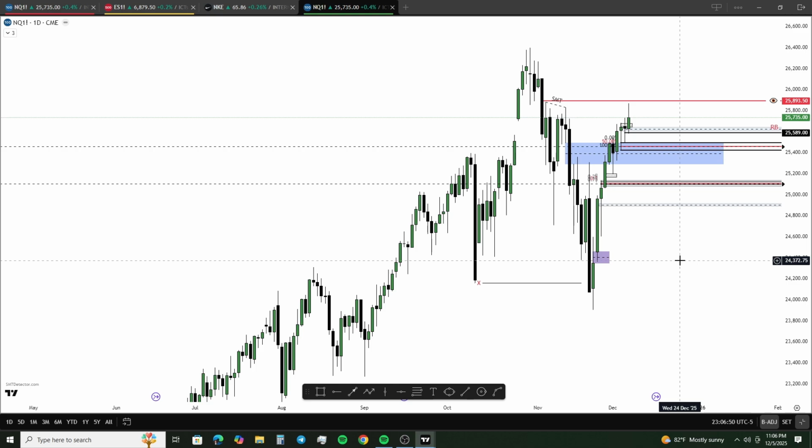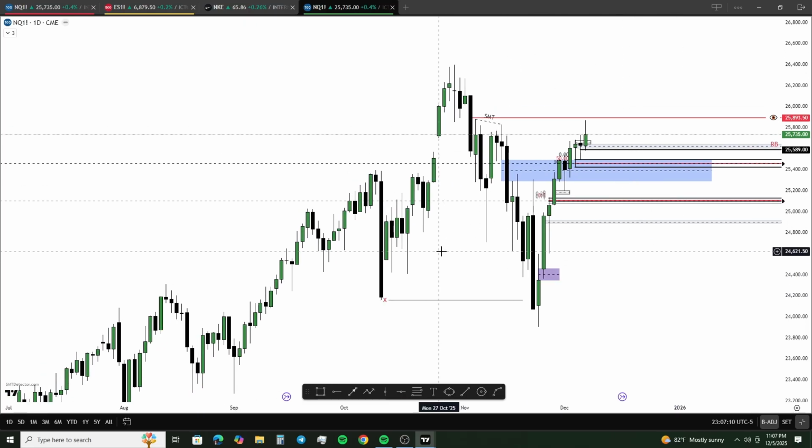Whenever we are looking for any setups, you have to see what the higher time frame is doing. And if you don't know what the higher time frame is doing, there's no reason, by no means at all, should you be heading into the lower time frames to look for any trades. So this right here is the daily chart of the Nasdaq,